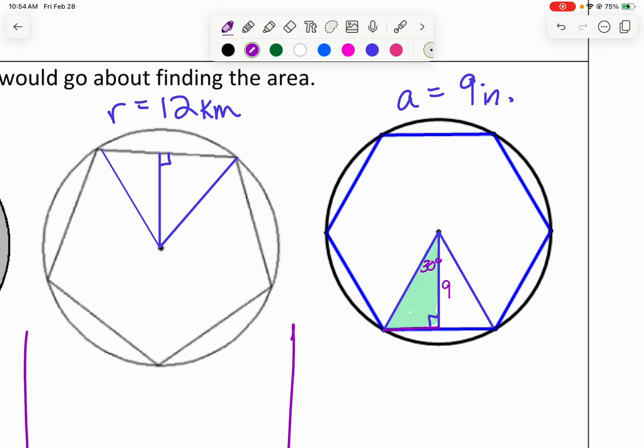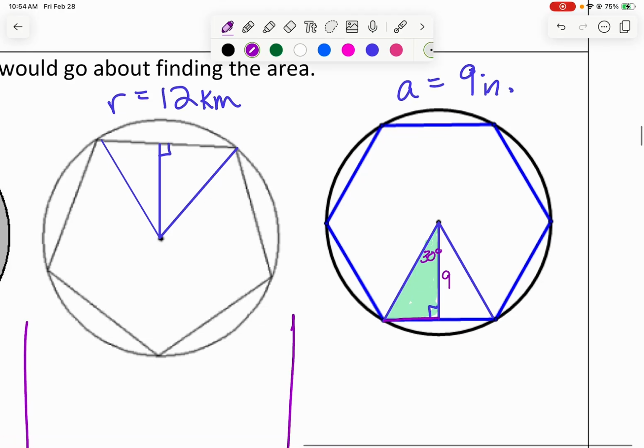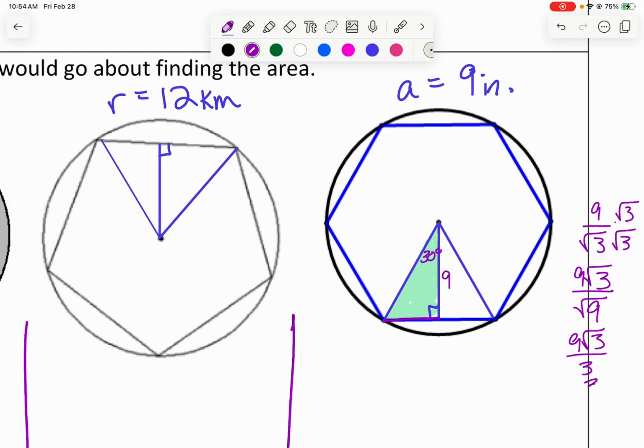All right, so you should have gotten, for the short leg, 9 over root 3 times root 3 over root 3, because you cannot leave a radical in the denominator. So you end up with 9 root 3 over root 9, which is 9 root 3 over 3, which simplifies to 3 root 3. So we know this is 3 root 3, which means next to it is also 3 root 3, making the entire base 6 root 3. And then to get from the short leg to the hypotenuse, I multiply by 2, and 3 root 3 times 2 is 6 root 3. So then from there,